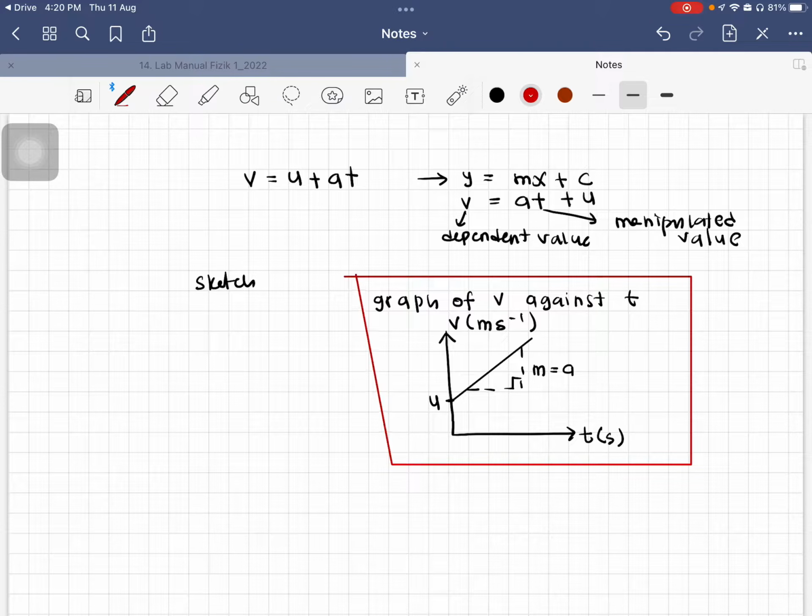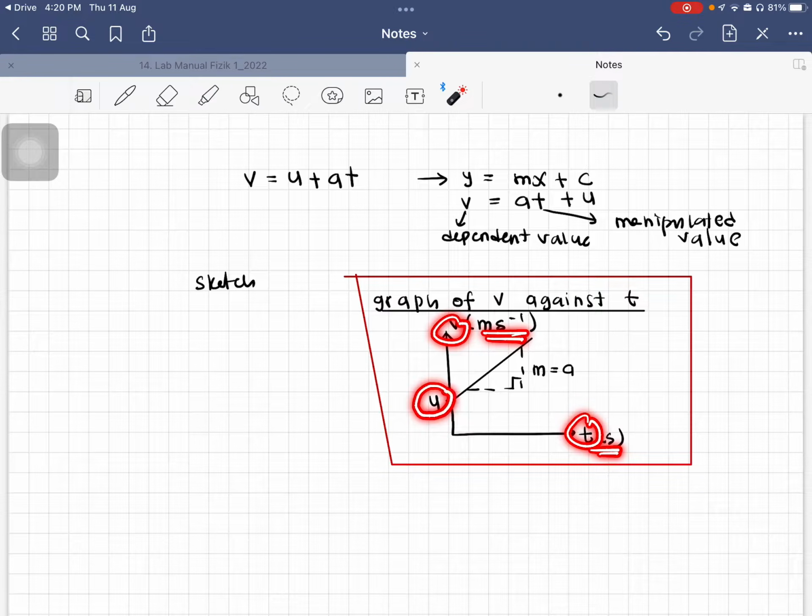This is everything that you need to have when you sketch a graph. You need to have a title, and the title must be underlined, which means you must put a line under the title. It has the x-axis and y-axis, including the units, and a label for the y-intercept if any. Then you will have the straight line and also the gradient. Then you will get the full mark. If one of them is not there, you will not get the full mark.